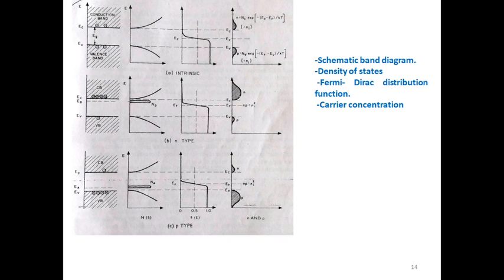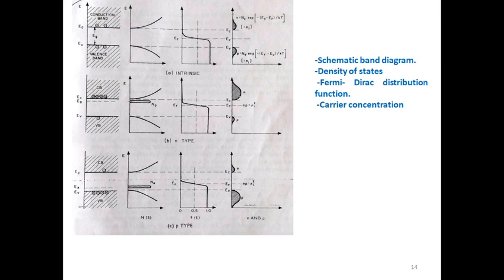As we went through previously, I showed the n-type figure. Now I am showing all three figures, in which we have the energy band diagram, density of states, Fermi-Dirac function and carrier concentration. Why am I showing this figure here? Because you can easily compare how the carrier concentration in an intrinsic semiconductor differs from that in an n-type and p-type semiconductor, and how the shaded portion of the concentration level changes.